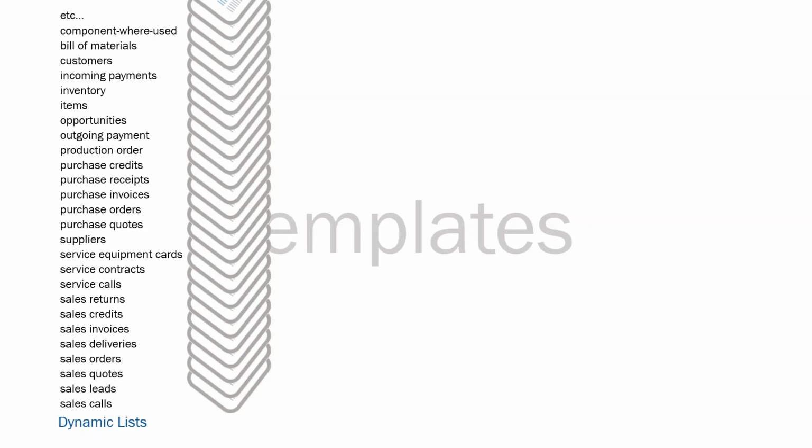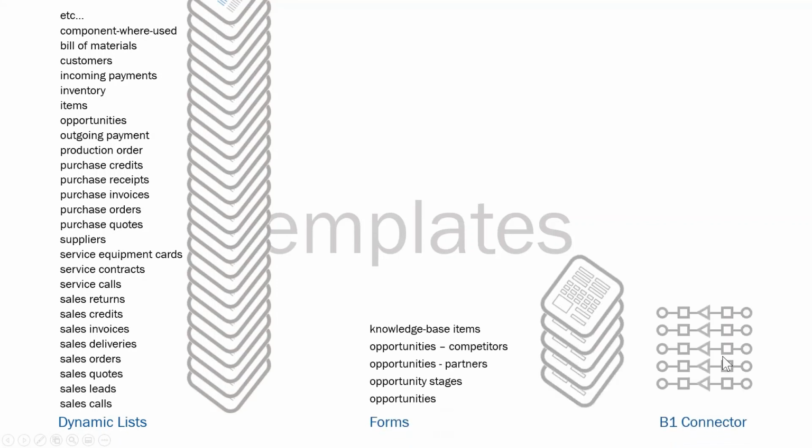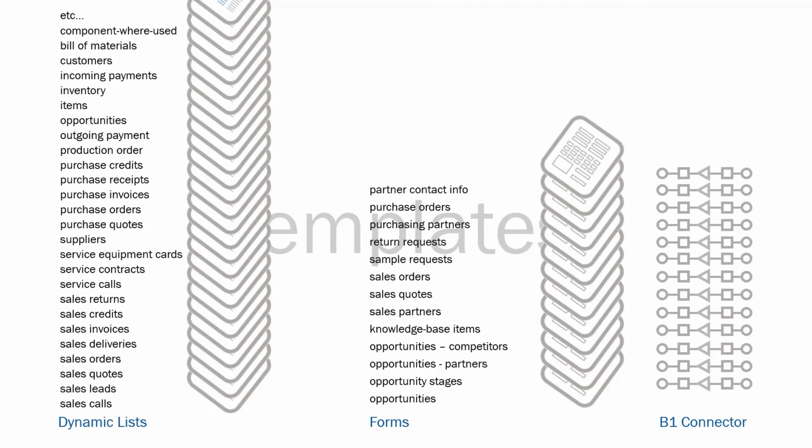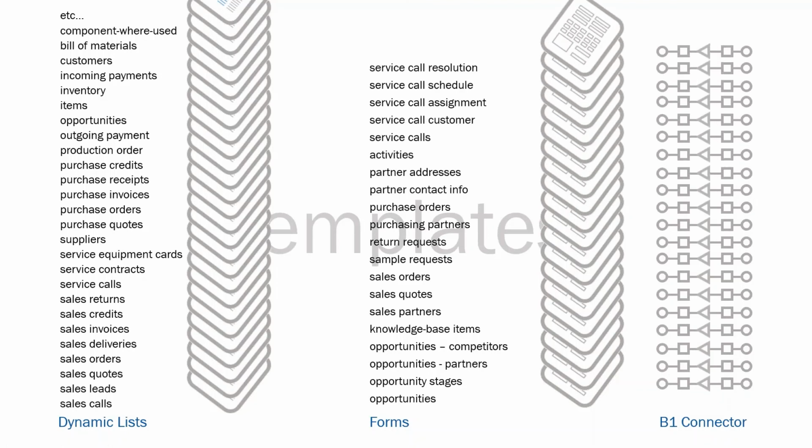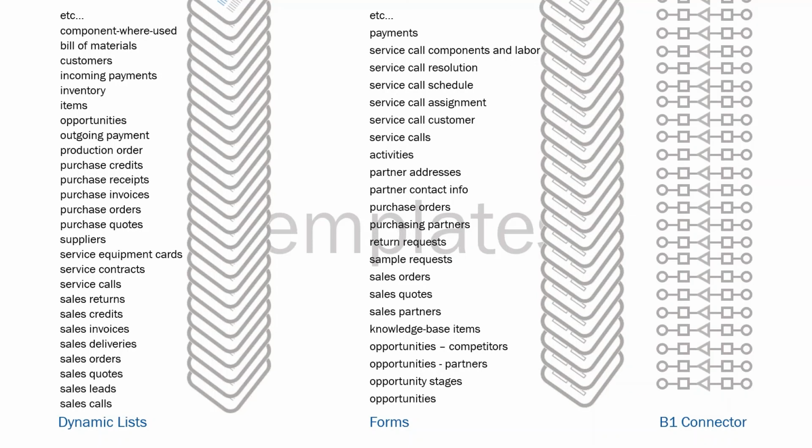And what these templates allow you to do is very quickly ramp up by using these templates of lookup lists and reports, or using our templated forms with the connection back to SAP Business One already kind of built for you, so that you can go in and get up to speed very quickly, and you can get return on investment, and you can also start to connect all these users together onto that centralized platform. So if you wanted to start with just doing service calls, you can start with just that. If you wanted to start with the customer portal, you can start with that by just grabbing the sales orders feature.